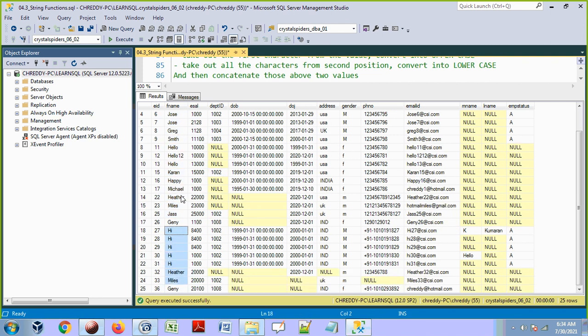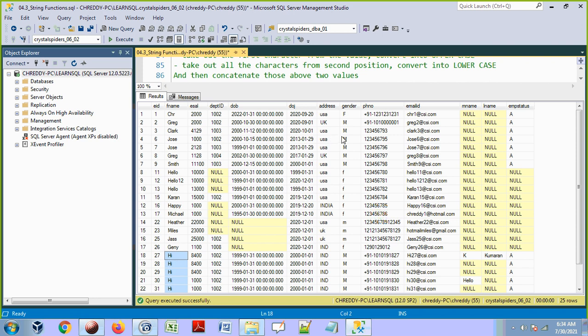I'm going to give you some homework. In that homework, I want to make sure that in the email ID, whatever is there up to the @ symbol is displayed as capital letters. Up to the @ symbol, whatever is there in the email ID, I want you to display it as uppercase. And after the @ symbol, whatever is there should be in small letters. Okay, so this is one homework, guys.